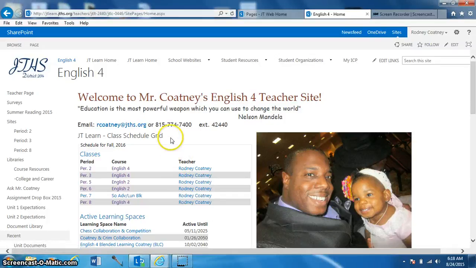This is Mr. Coatney's JT Learn tutorial site for English 4. As you can see, this is my teacher site. This is where you will receive all of your information. This is the left-hand rail. What I want to do is just take a moment to go over each tab to give you an idea